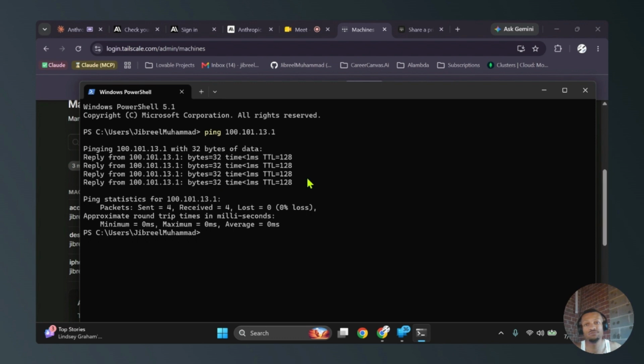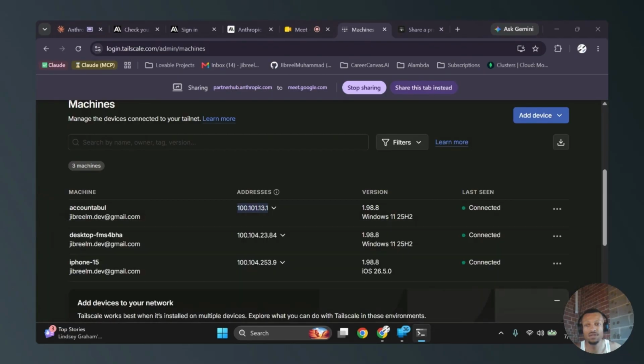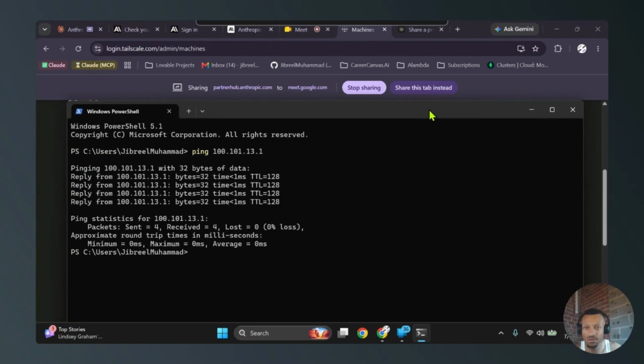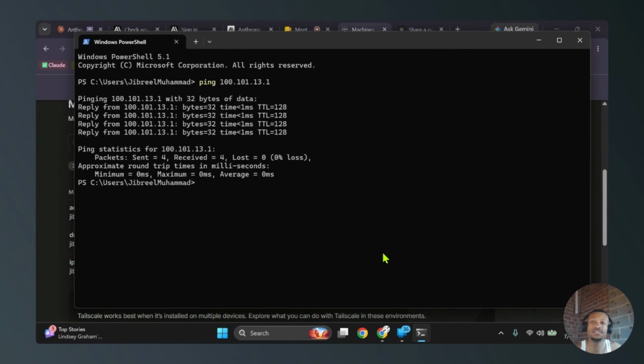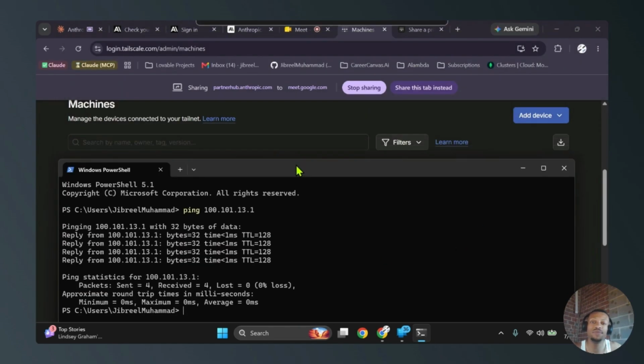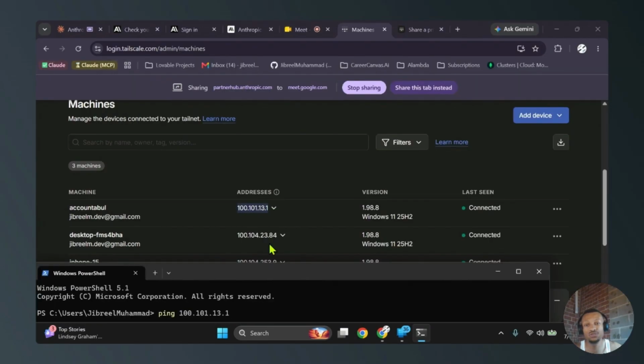I just was able to ping my computer. Did I send a message to myself? I think so. And I've got to figure out technically how that works. But technically, I didn't ping the IP address of my actual computer. I pinged the address of the private network that we set up for the SSH connection.